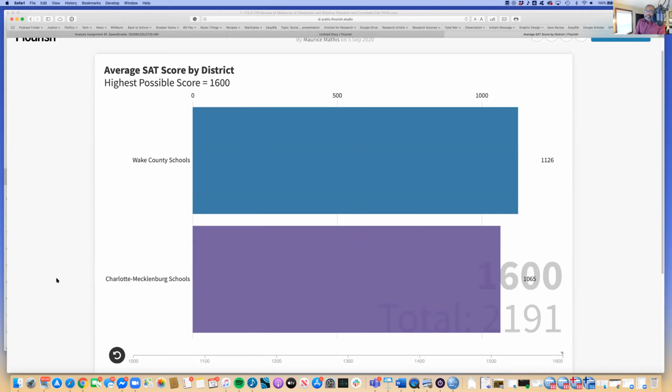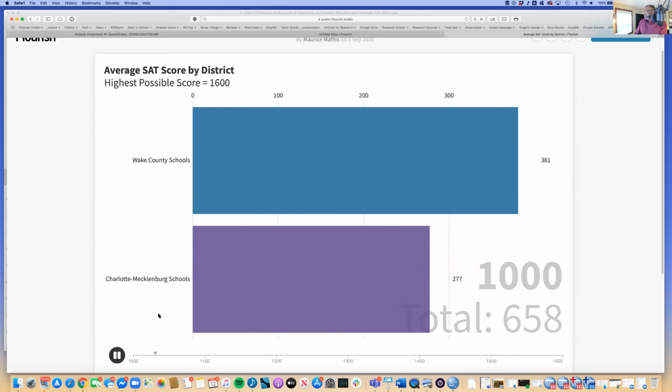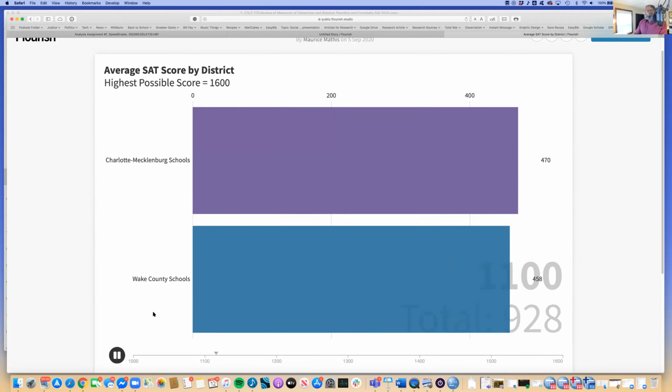Mm-hmm. And it does that quite well. You see where the visualization starts out. Charlotte Meck catches it obviously, and then it flips back as the graph gets higher as the SAT scores get higher. So yeah, very big fan of this kind of visualization. Again,